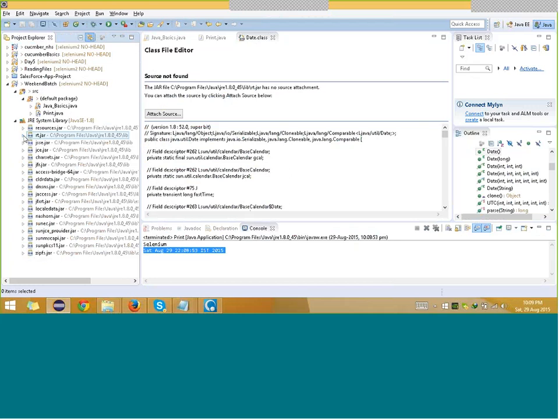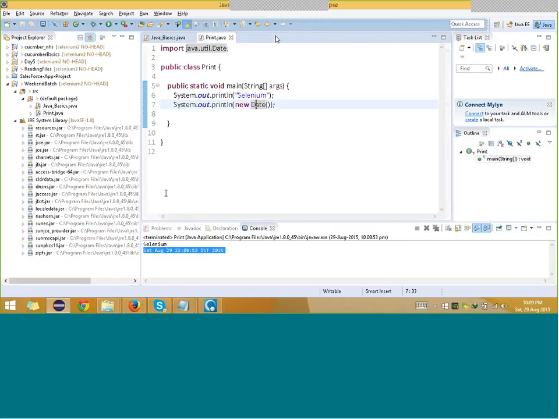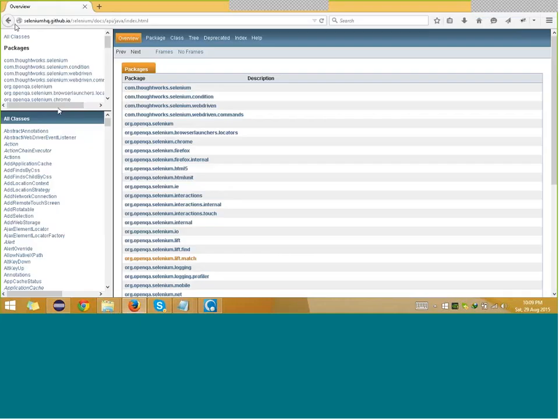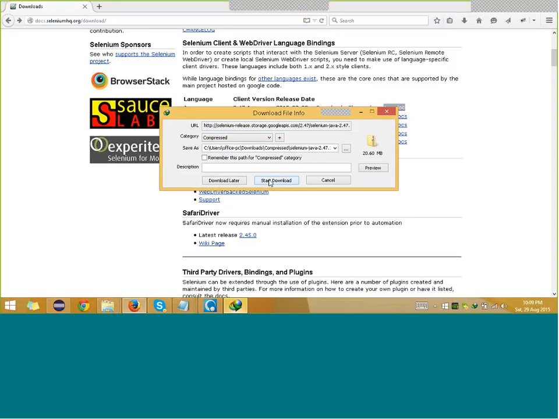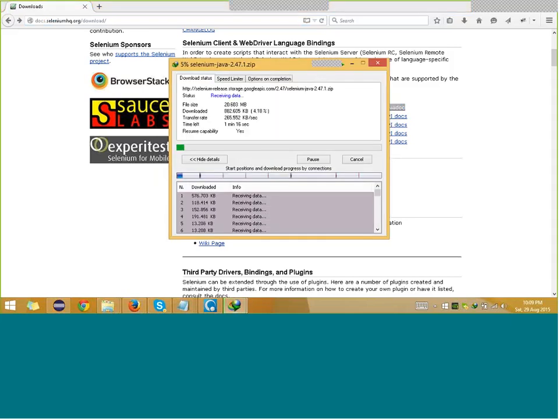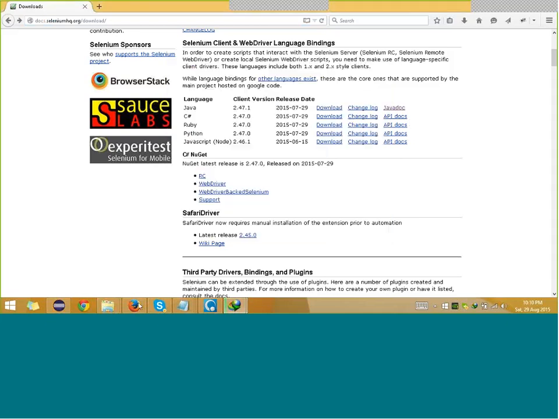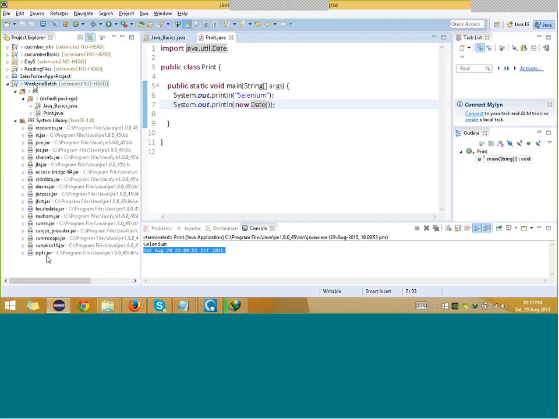All right. Similarly in Selenium, if you go to the official website of Selenium, you have the download link. You can click on it and download the latest version of Selenium. Let me download the latest version. Just hold on. And what you will have is the jar files of Selenium. Selenium never comes with an exe. There is no exe for Selenium. The jar files are there for Selenium. For example,